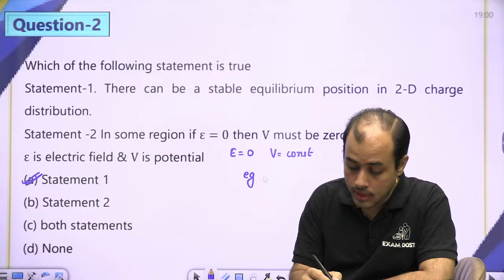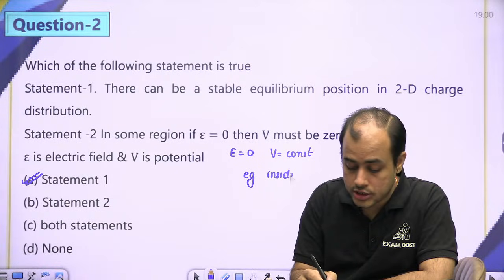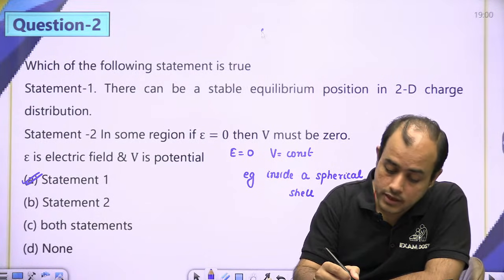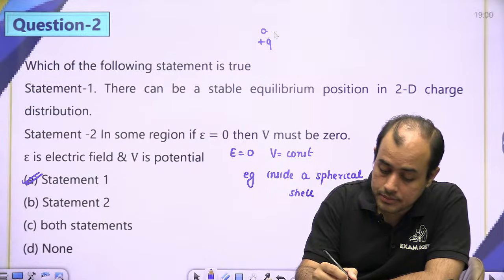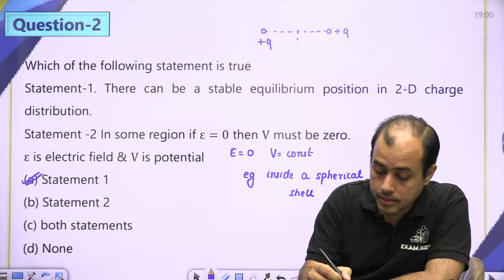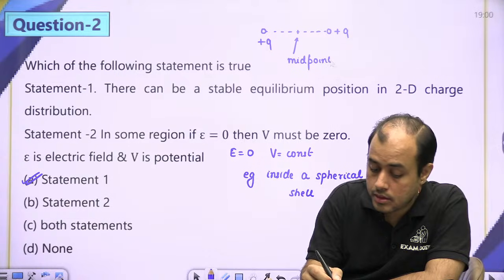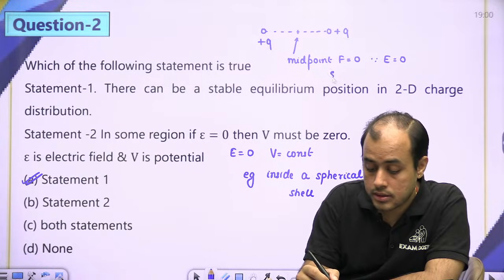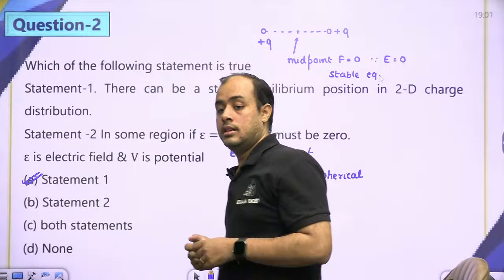The answer is A. Because if E is 0, V is constant. Example, inside a spherical shell, बताया था ना, उसके अंदर पोटेंशियल कांस्टेंट आता है बेटा. And stable equilibrium, let me give you an example. Mid point, force is 0, since electric field is 0. So this gives rise to a stable. ठीक है,